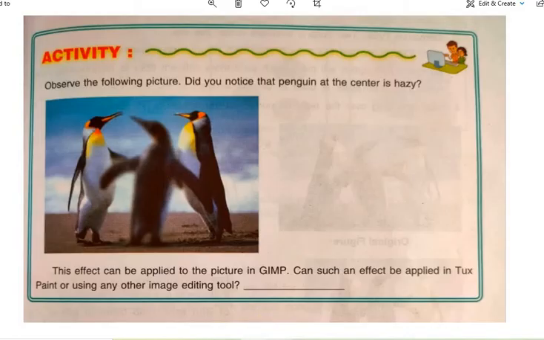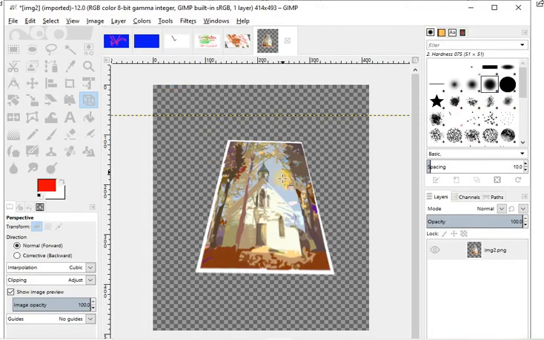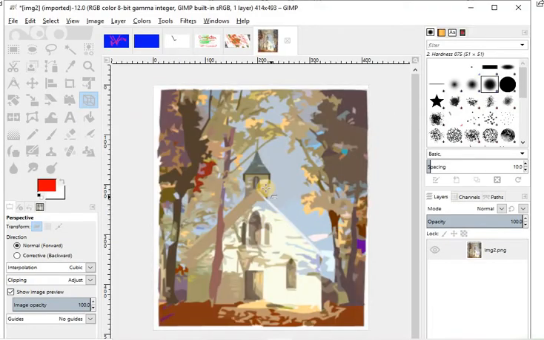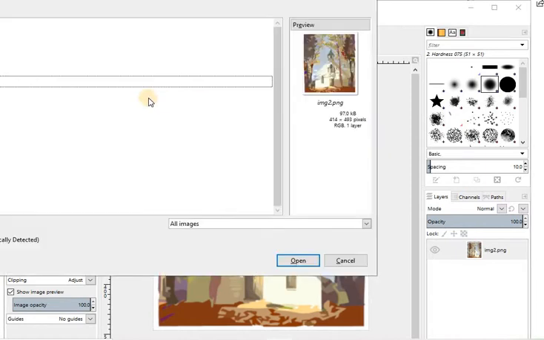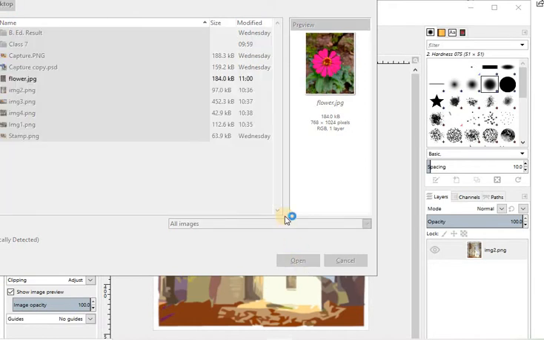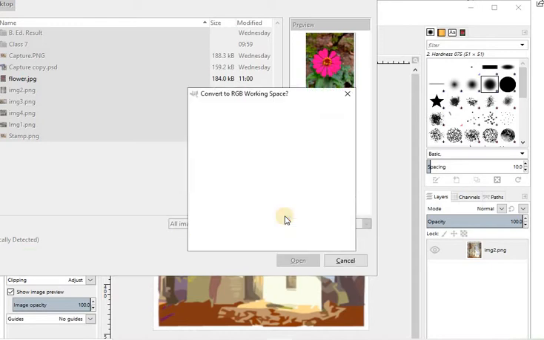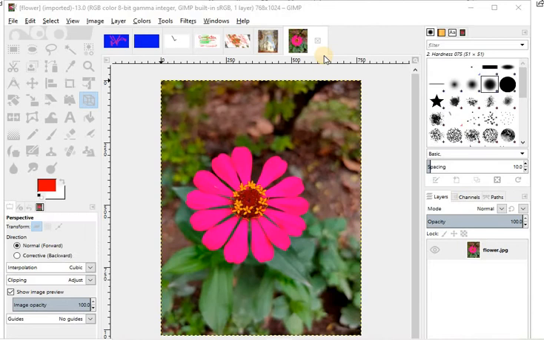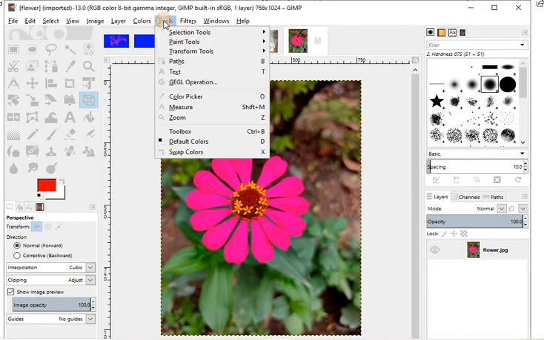Now we can do this by opening the software and just opening an image. This is the image on which we will use the blur tool. So after opening this image, go to the tools.